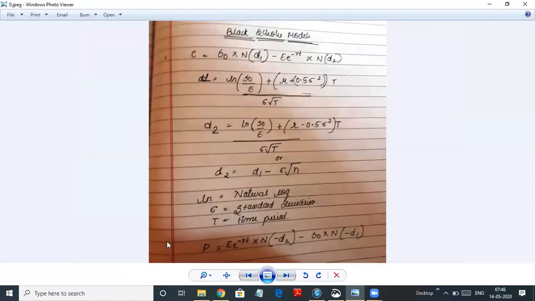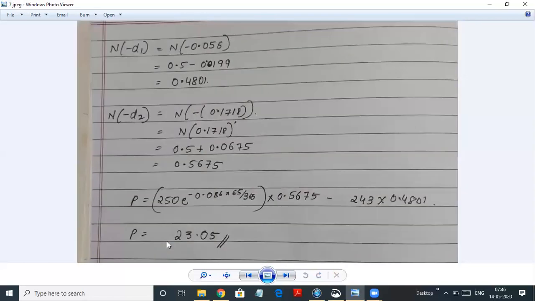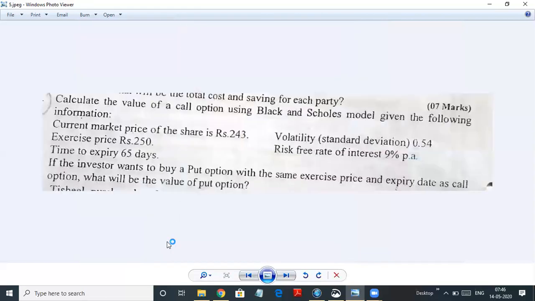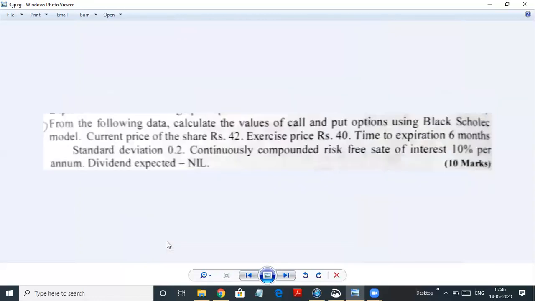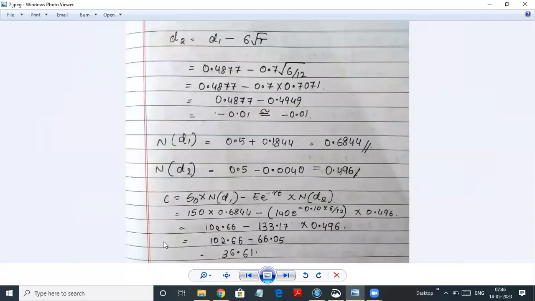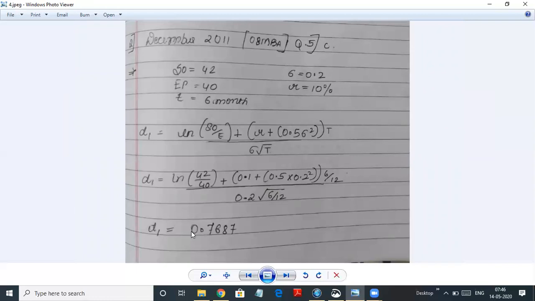So these were the two sums that we have done today. In the third one, I have done it incomplete. I have found the value till D1. We have to find D2 and the further values, which we will be doing in the next session. If possible, try solving it on your own and find the answer, because I have already taught you one sum, how to find the value of a call option. Similar way, D1 is there, we have to look at the table value of D1 and we have to find the D2 value, and so on. We have to start calculating.